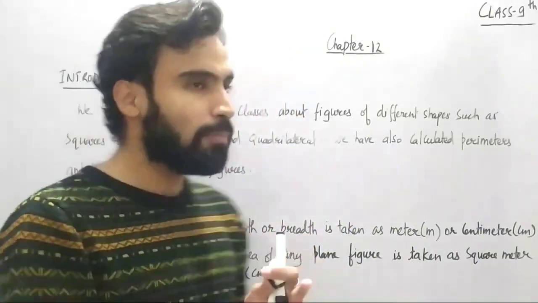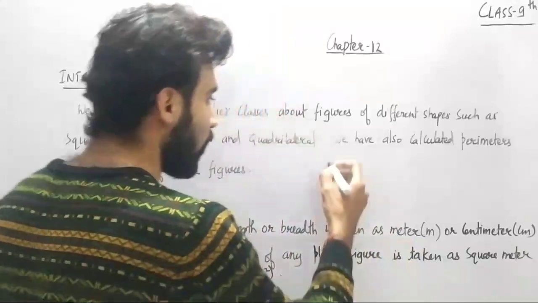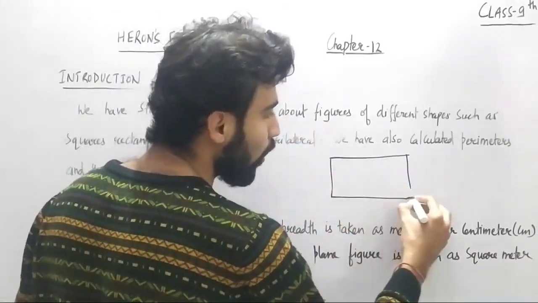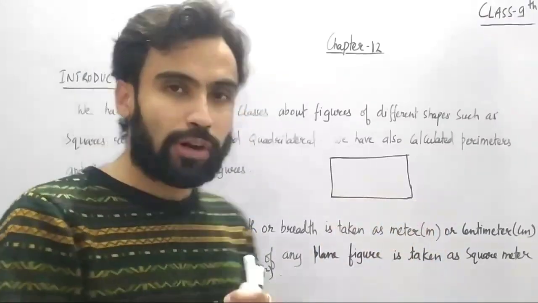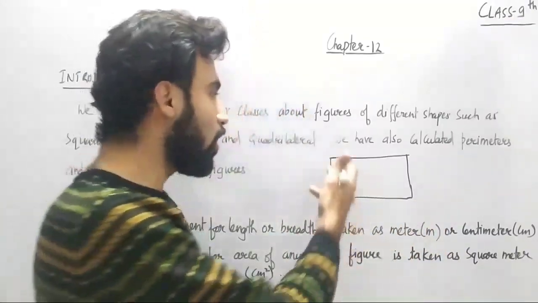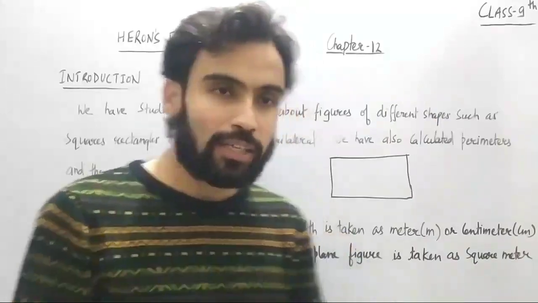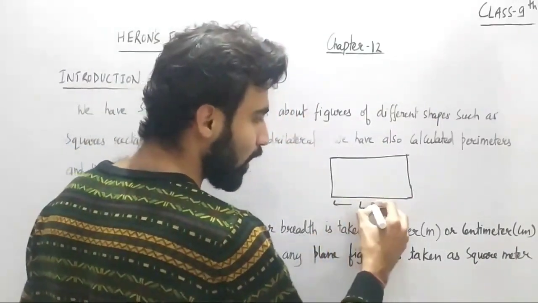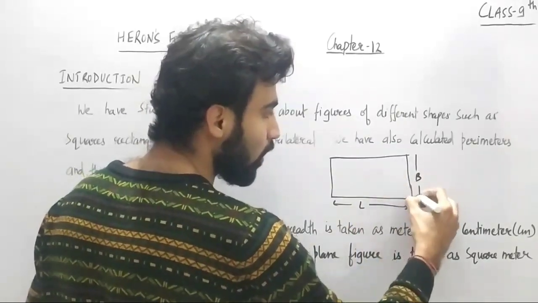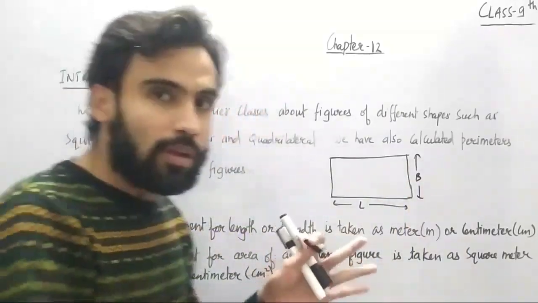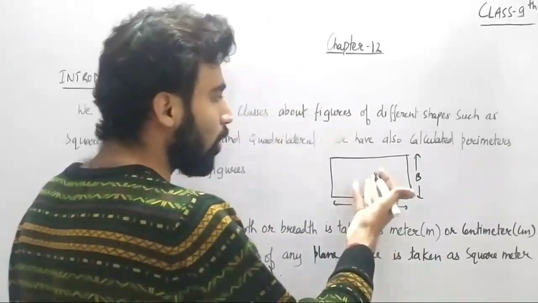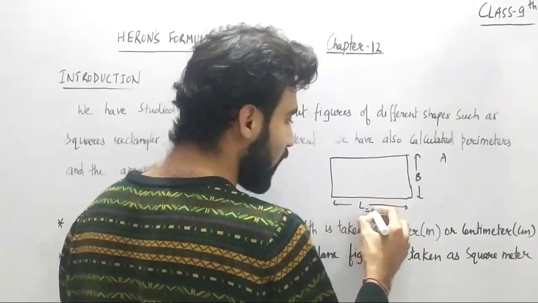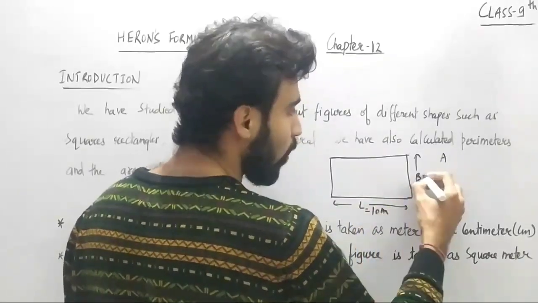Like if we talk about a floor, for example, so I've taken a floor here. So this floor can be of your home or of your classroom. So here I have taken a rectangular floor. So this is a rectangular figure. You can see we know a rectangle has a length and a breadth, right? Now we have seen in smaller classes how to find the length and breadth. Suppose the length is given as 10 meters and the breadth is given as